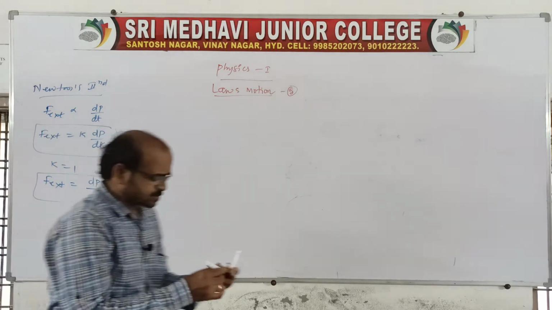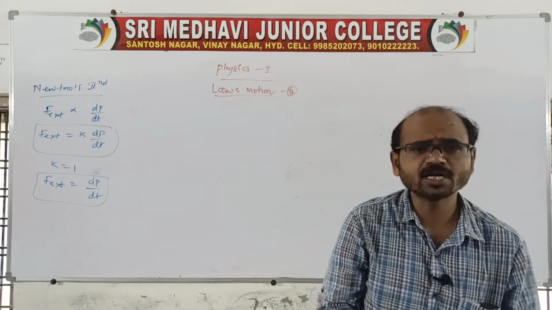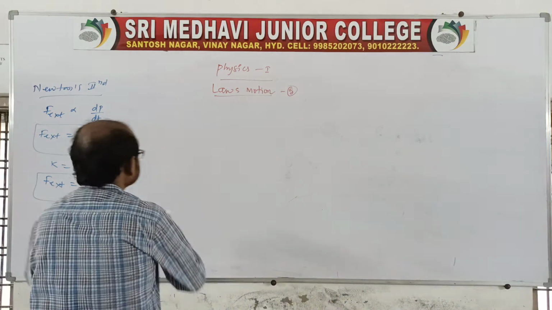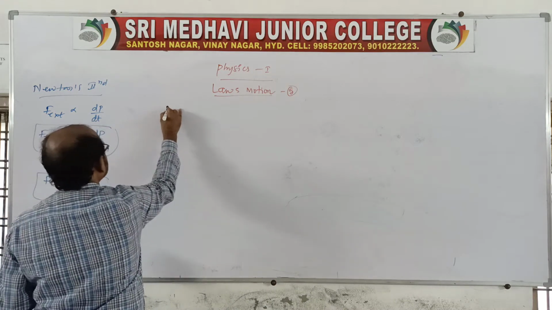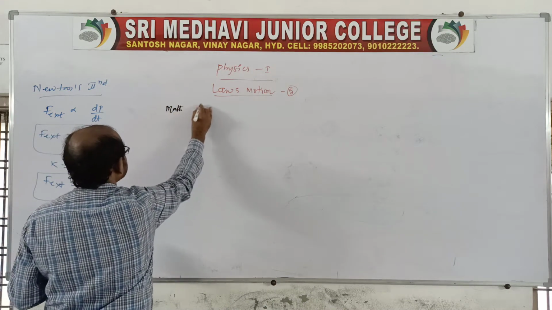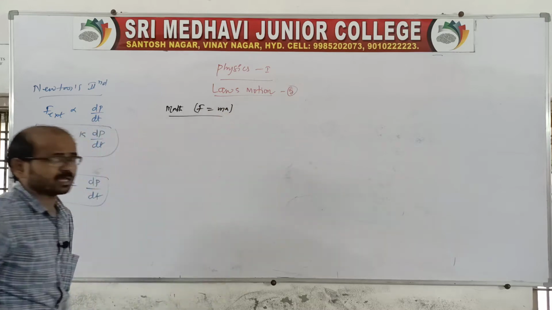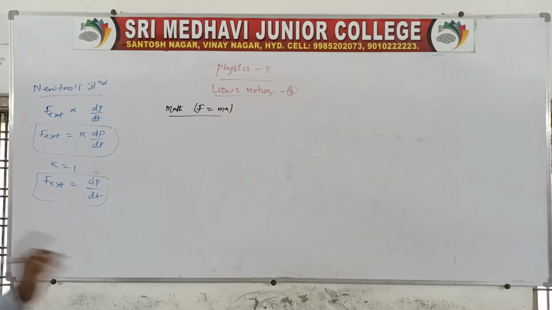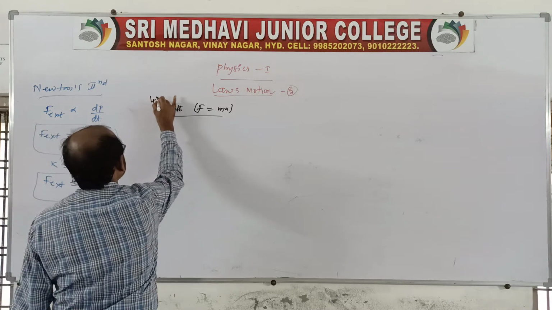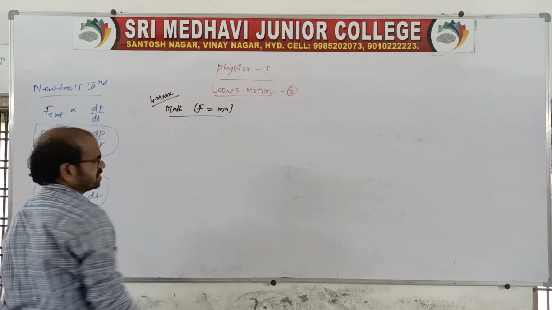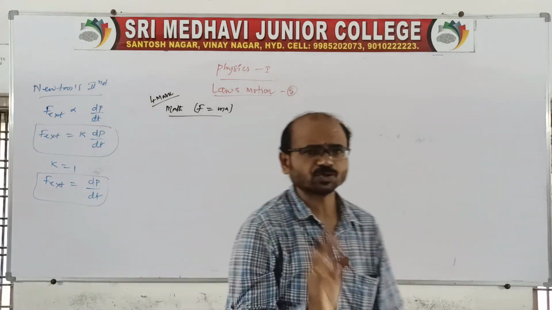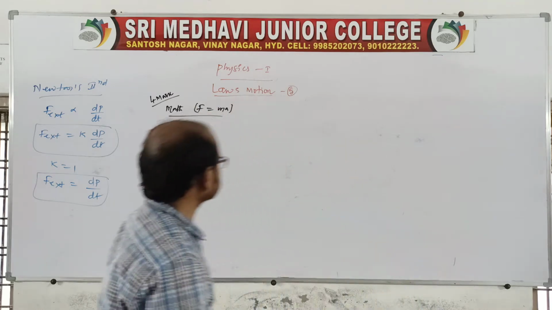Now I want to explain to you the mathematical form of Newton's second law. Actually this is very important for 4 marks, as well as F is equal to ma. You remember, it is very important. Every year this question is asked. Every year, look at previous question papers. So that it is F is equal to ma.